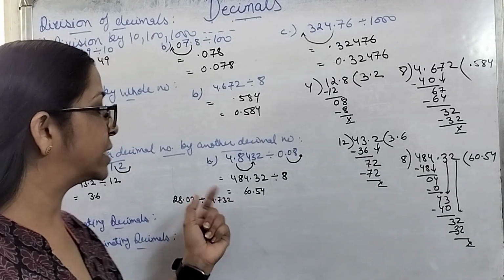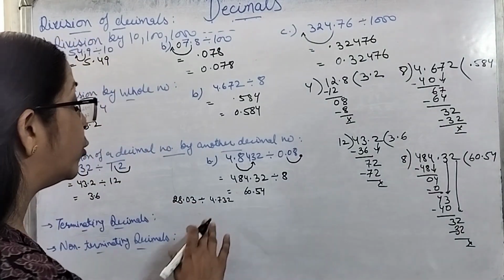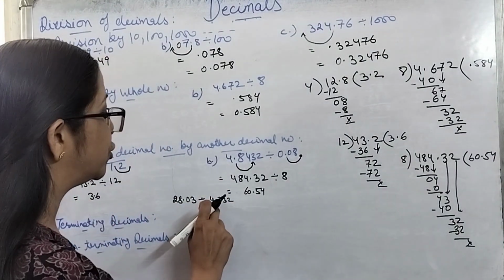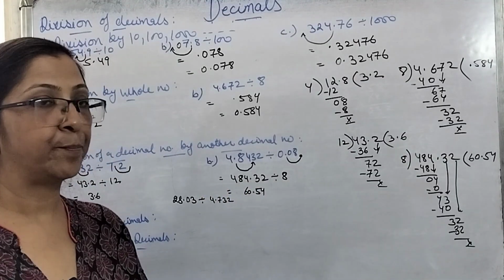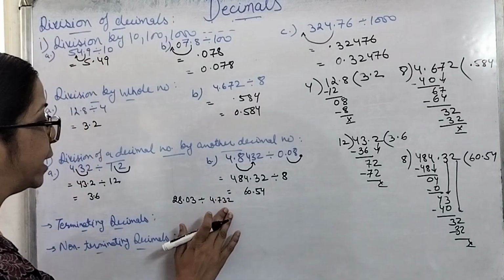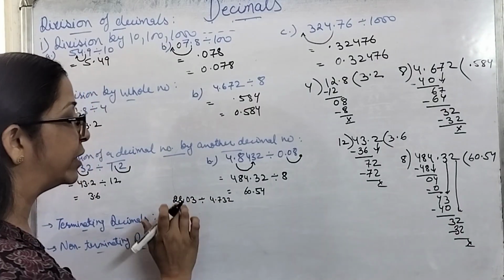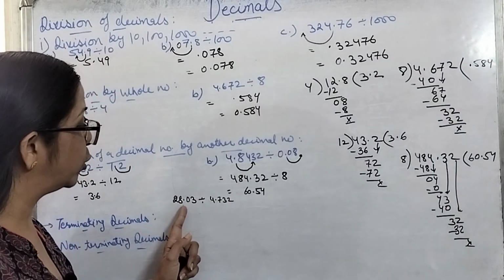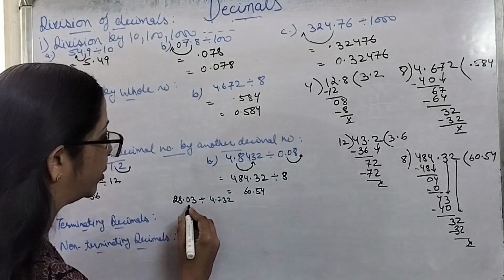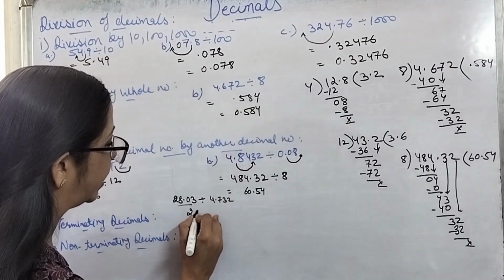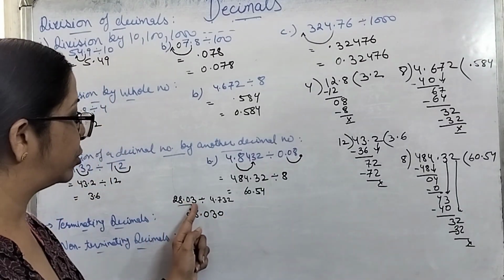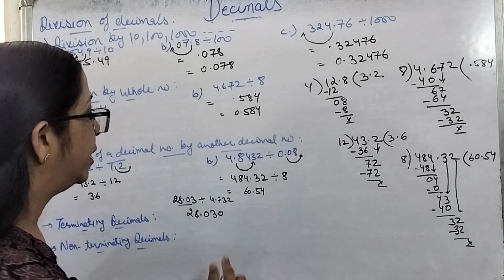So if we shift by 2 decimal places, the divisor will still be a decimal number. So we want the divisor to be a whole number. For that what we need to do is shift the decimal by 3 digits. Then only our divisor will become a whole number. So for that we need to shift the decimal of the dividend also by 3 digits. But over here in the dividend we are having only 2 decimal places. So what we will be doing is writing 28.03 as 28.030